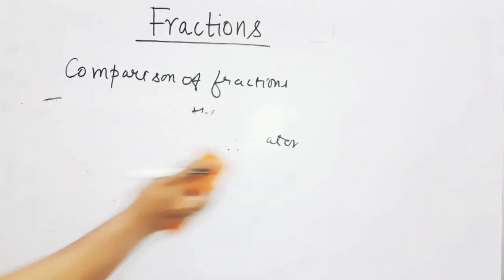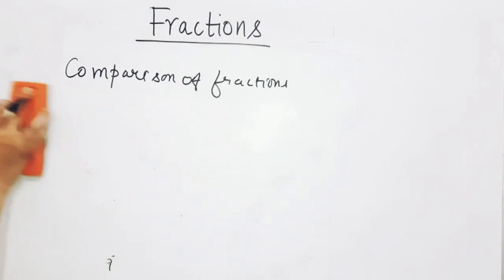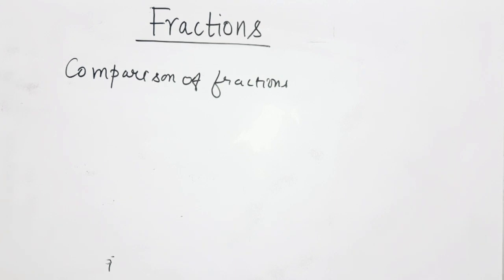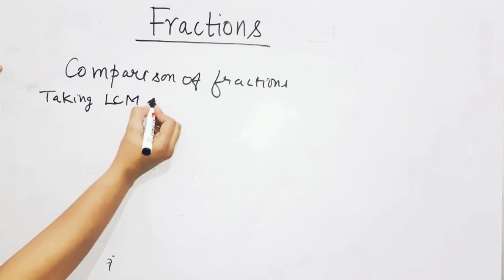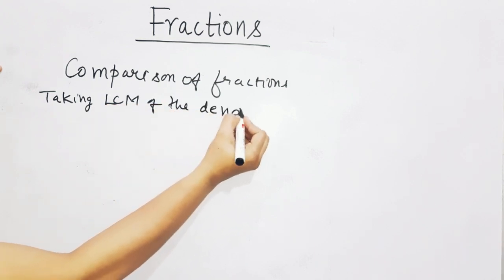Now I am going to explain you the comparison of fraction by taking the LCM of the denominators. Once you will take the LCM of the denominators, it will be easy for you to compare more than two fractions. If the fractions are greater in number, दो से ज़्यादा fractions हैं, तो आप उसको ascending order या descending order में कैसे arrange करेंगे when the denominators and the numerators are different. So for that you have to use the method of taking the LCM of the denominators.